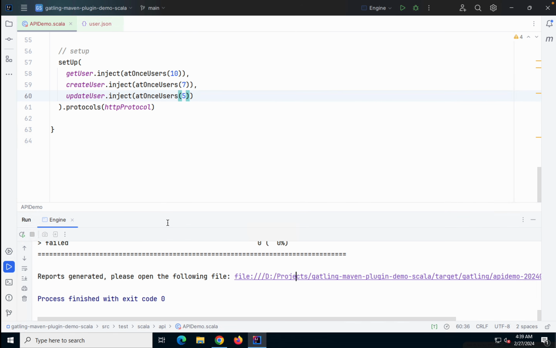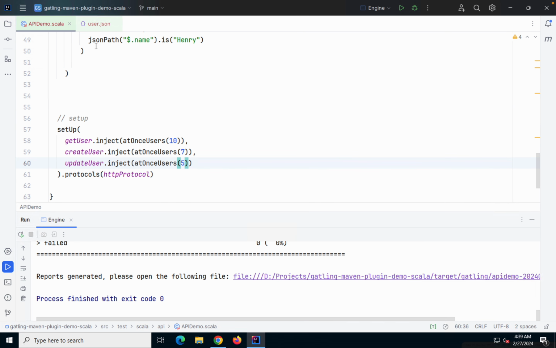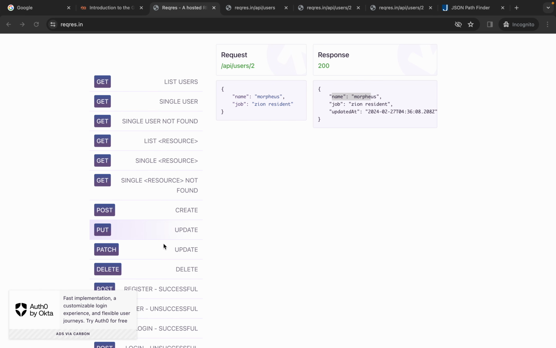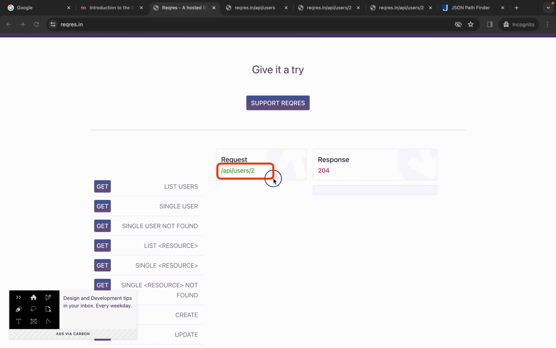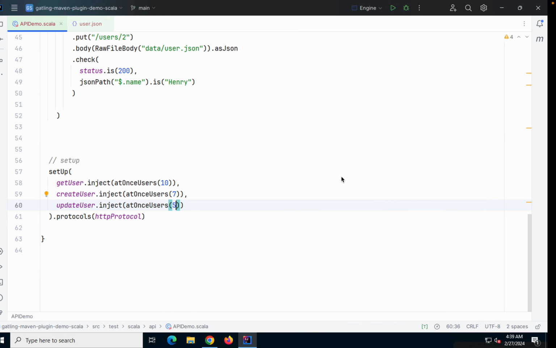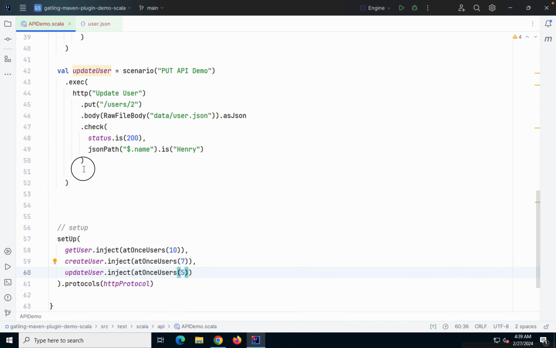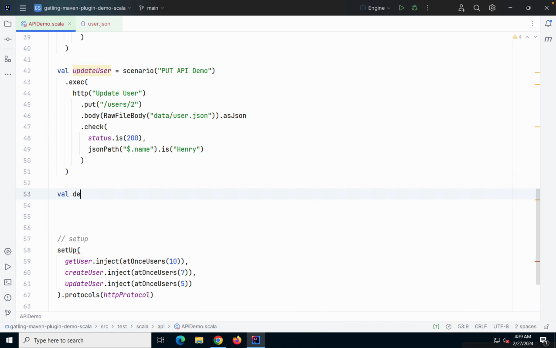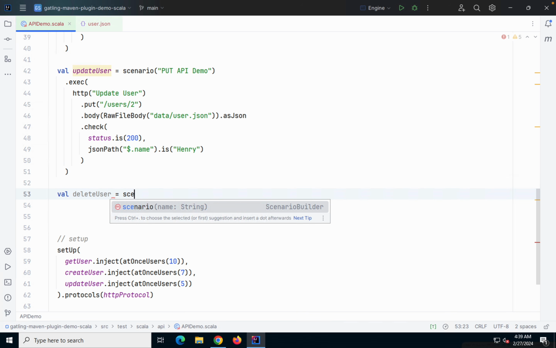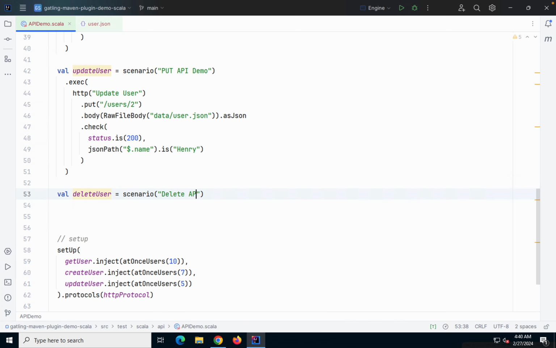Let us also see the last one, which is the delete API. So if I go here, we have also got this delete API, and here this is the endpoint, and in the response we can just check the status code, which should be 204. So here I will create another scenario. I will say delete user, and the scenario name I will say delete API demo,